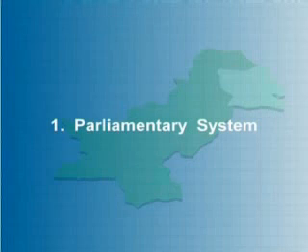The first significant feature of the 1956 Constitution is that it provides for a parliamentary system of government. Under the parliamentary system of government, the executive authority is vested in the President, but he exercises that authority on the advice of the Prime Minister, except in the matters which are left to the discretion of the President. To simplify this statement, under the parliamentary system, you draw a distinction between the functions of the head of the state and head of the government. President is the head of the state,